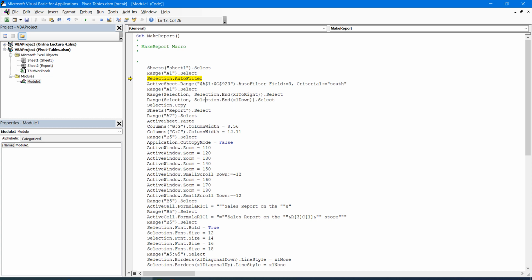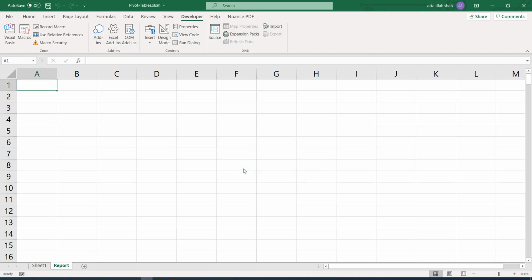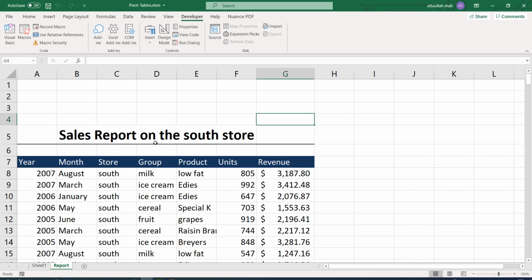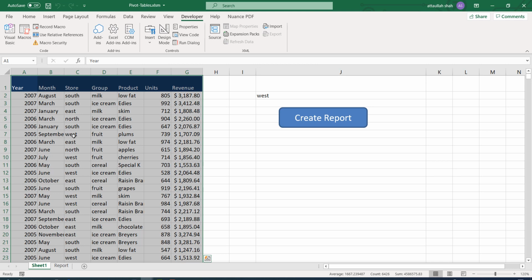So I have just added sheets sheet1.select, and then the code of filtering and all other things will take place. So I'm closing it. Let's go back to macros, clear contents, call all macro, run it, and it works fine. And as you can expect, there is no filtering on sheet 1, because we have already removed that.